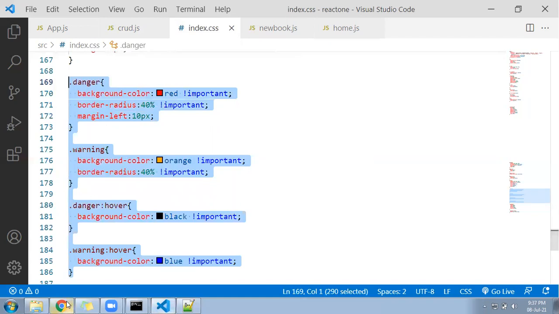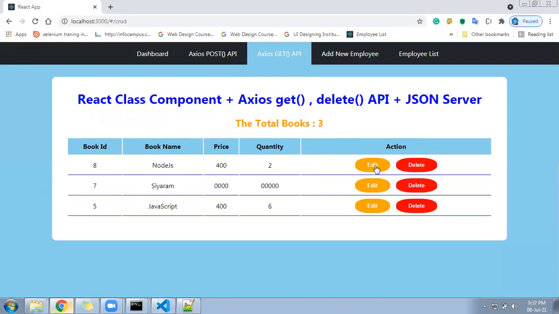Now let me come to my page. You will see two buttons appear, danger and warning. This is for edit purpose. That edit video I will give in the next session, video number 4. This is the third one, where we are going to see the delete. I have not added all in one video. The reason is, if you add multiple functionalities in one video, number one, the video will become longer, and number two, it will be difficult for you to understand and manage everything. So I split it into 4 parts.